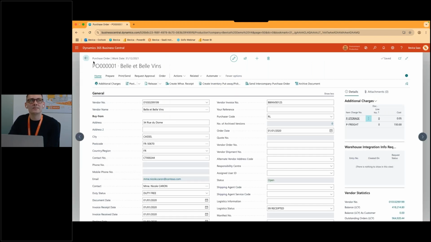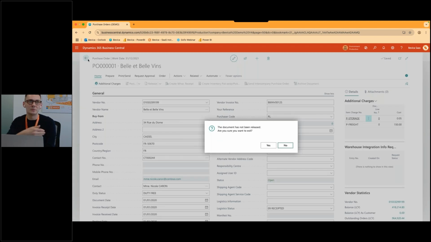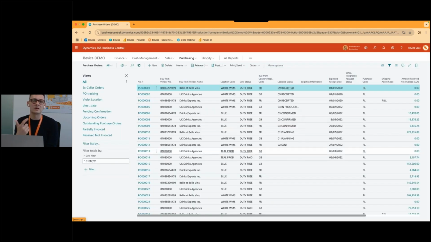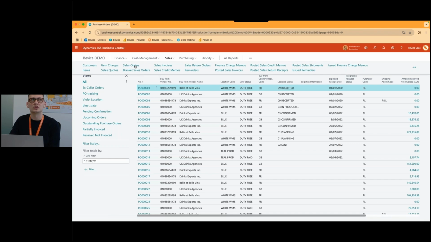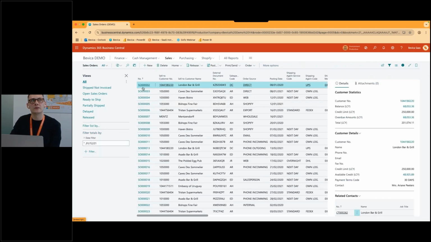Now, the other side, because as I mentioned, half of this is the purchase side where we're looking at not just the cost of our goods, but the costs associated with importing and warehousing our goods. The other side is the sales side. So similarly, we do have the same functionality that extends to a sales order. So if I open up a sales order here,